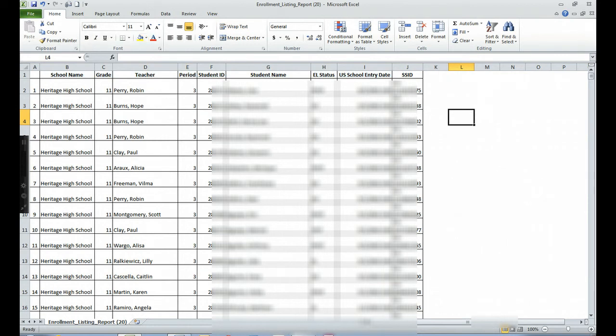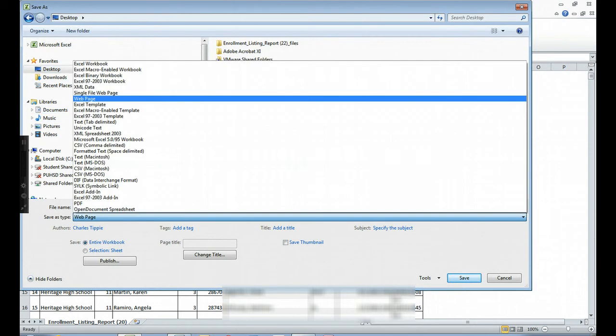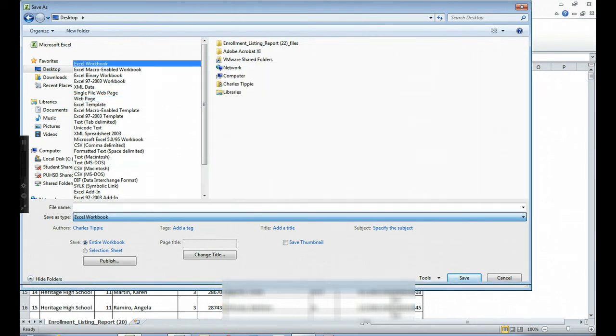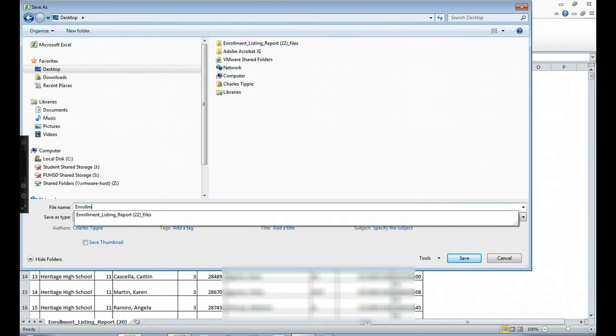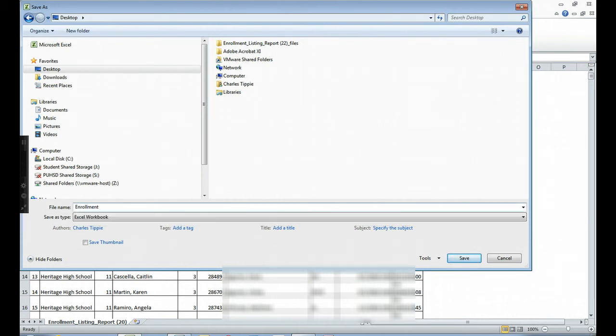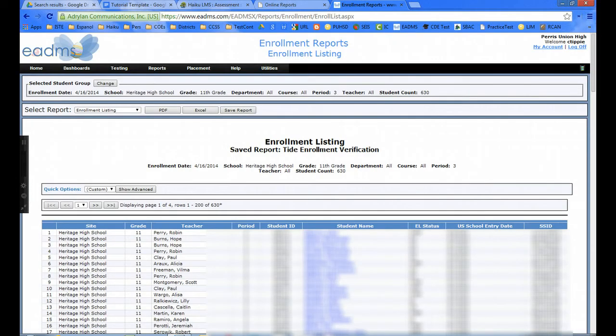So at that point, I'm going to go to File, Save As, and I'll put this on the desktop, and I'm going to save it as an Excel workbook and give it the name enrollment and hit save. Okay, so now we can open up our database,